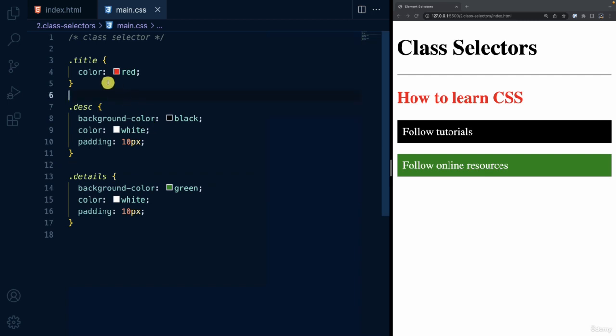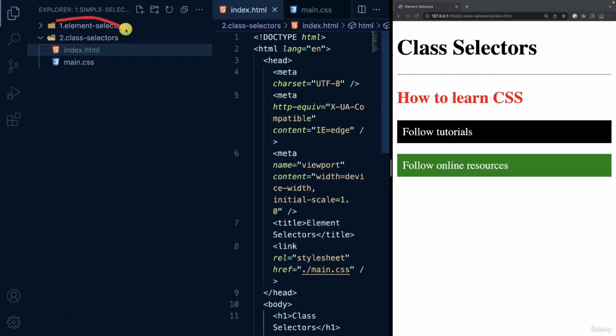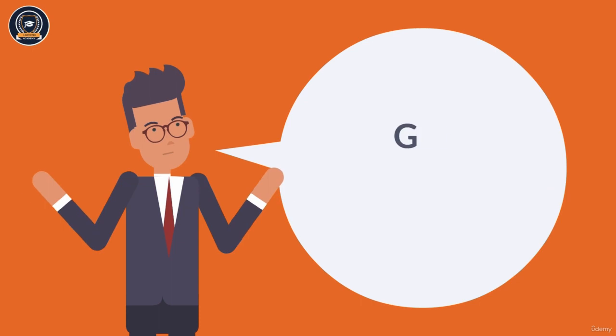You see that we have two now. We've got two ways of selecting an element. That is the element selector as before, this one, and now the class selector. In the next video, let's have a look at another way of selecting an element, which is called